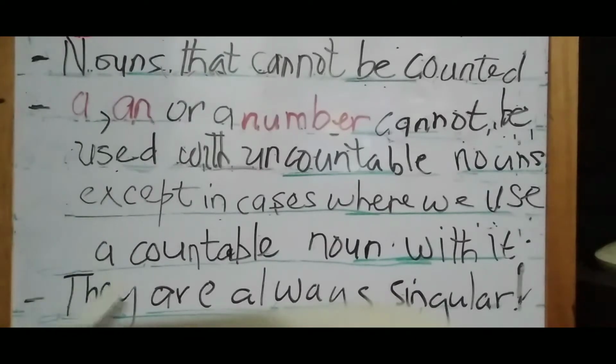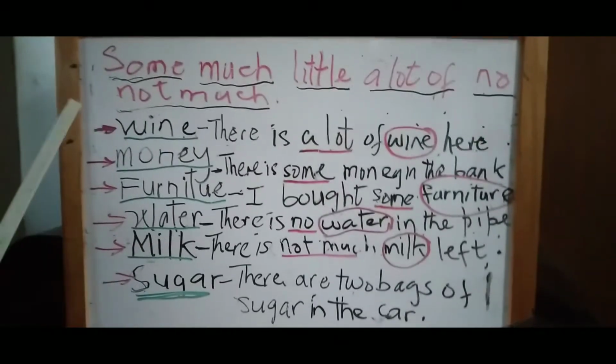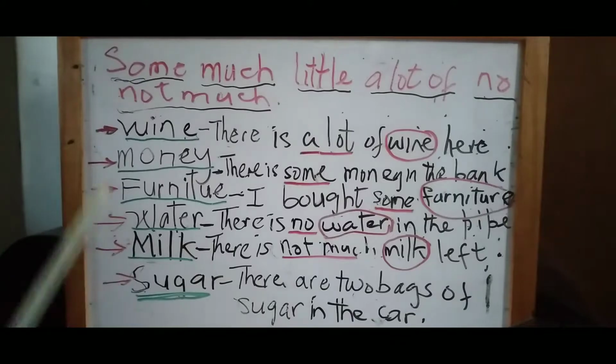Now, the next one says, they are always singular. Uncountable nouns are always singular, so you don't add s or es to them like what you do with countable nouns. And therefore they always take a singular verb, because the verb must correspond with the noun. So in the case of uncountable nouns, they're always singular, so they always take a singular verb as well. Here we have some example sentences, and the first sentence reads,